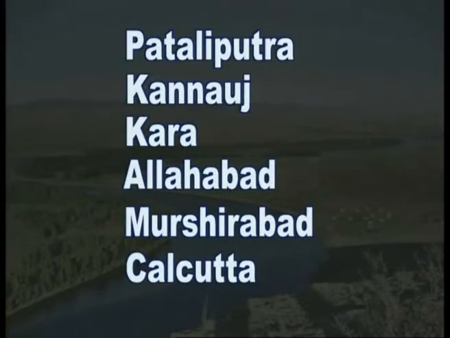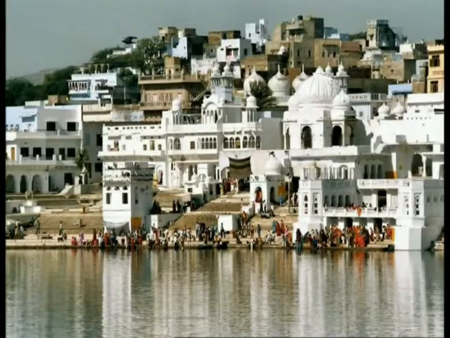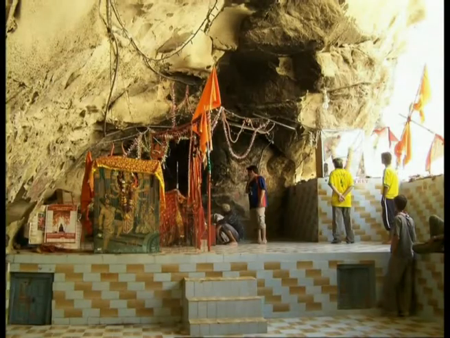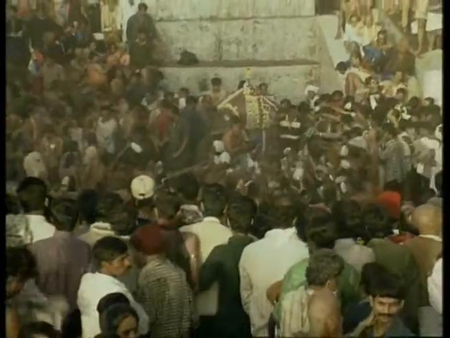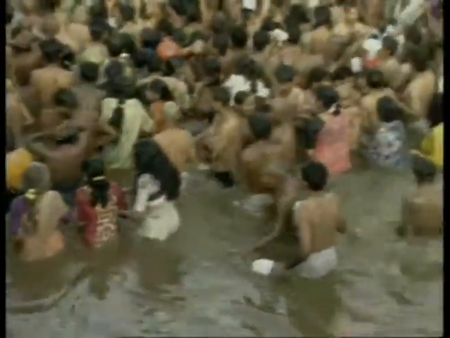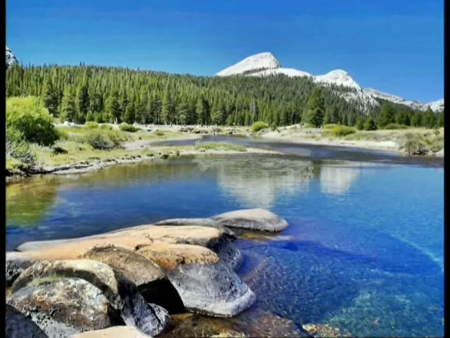Many former provincial or imperial capitals such as Pataliputra, Kannauj, Kara, Allahabad, Murshidabad and Calcutta have been located on its banks. Varanasi is the holiest of Hindu pilgrim centers where the devout Hindus must visit at least once in their lifespans and take a dip in the holy Ganges. It remains a death wish to all North Indian Hindus to be consecrated into the elements on the banks of the Ganges. The river has many tributaries that flow through the plains of North India,